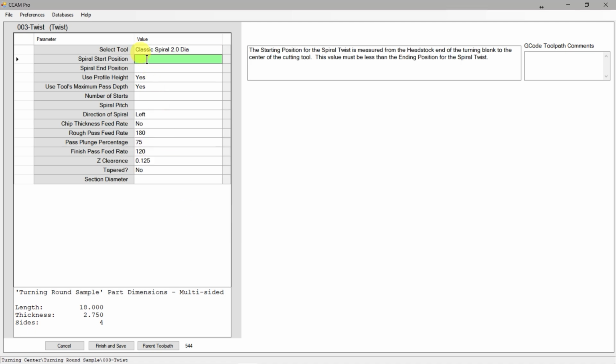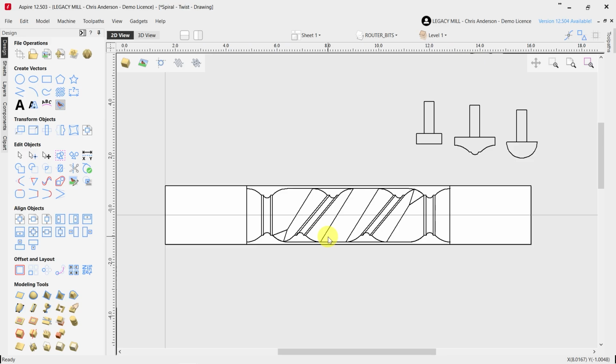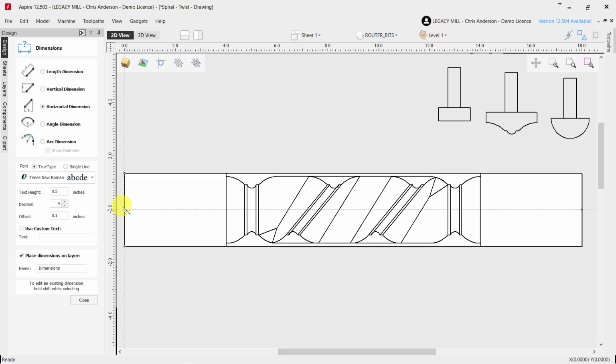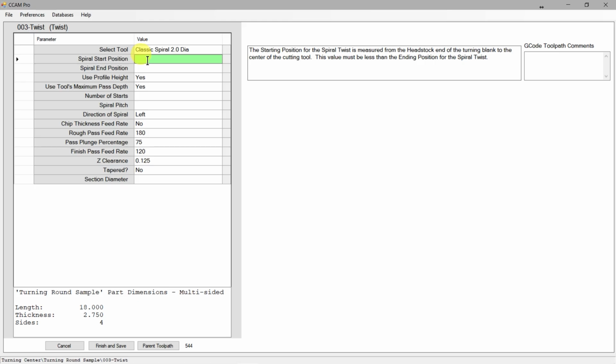And now we get to choose where the spiral starts and ends. So let's go grab those parameters. These parameters will be the exact same as what we used in the profile parameters when I programmed that earlier. But if we go here to our dimensions and we do a horizontal dimension from the left side, which is X0, to the center of this cutter, that will give us a starting position for that spiral. And from X0 to the center of this cutter here is the ending position for the spiral. So it's going to start at 5 and end at 13 over that length. So let's go put that in here. So if we go 5 at the starting position and 13 at the ending position,